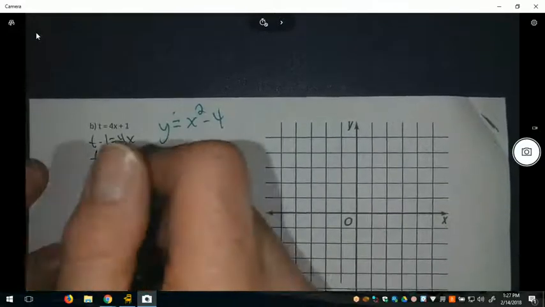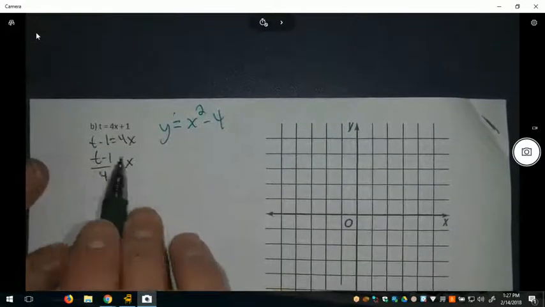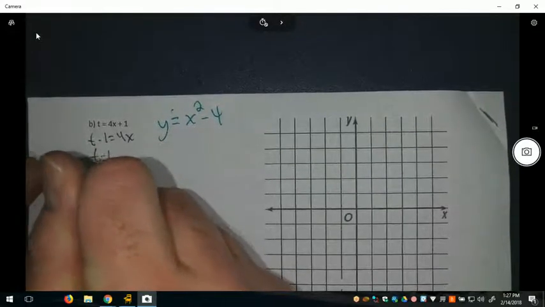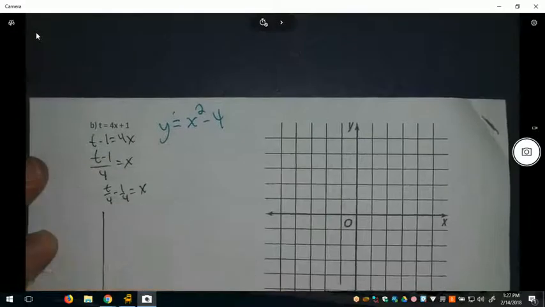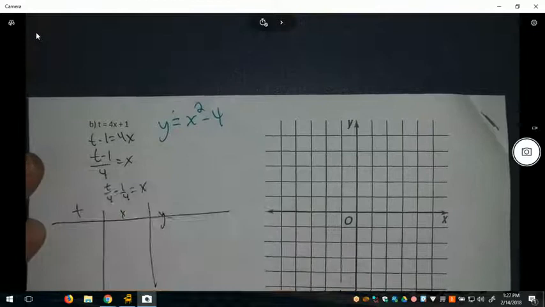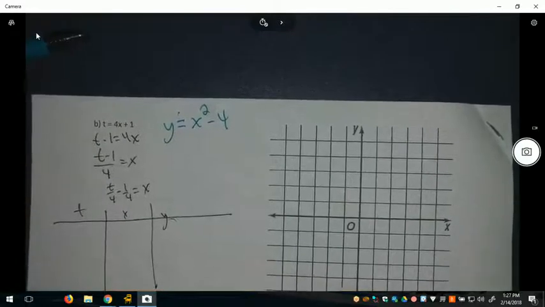Well, there's my relationship for x. That's the equation I'm going to use. It is a linear equation. It's really t over 4 minus 1/4. You can use that if you want, if you're going to generate a table for t, x, and y. I'm not going to worry about the table right now so much as